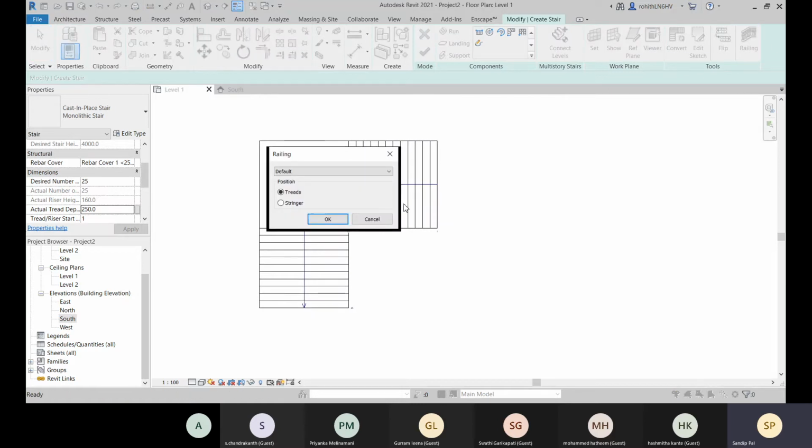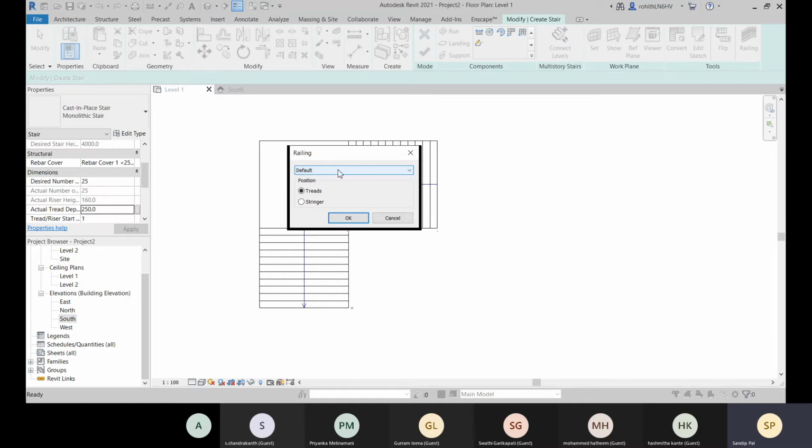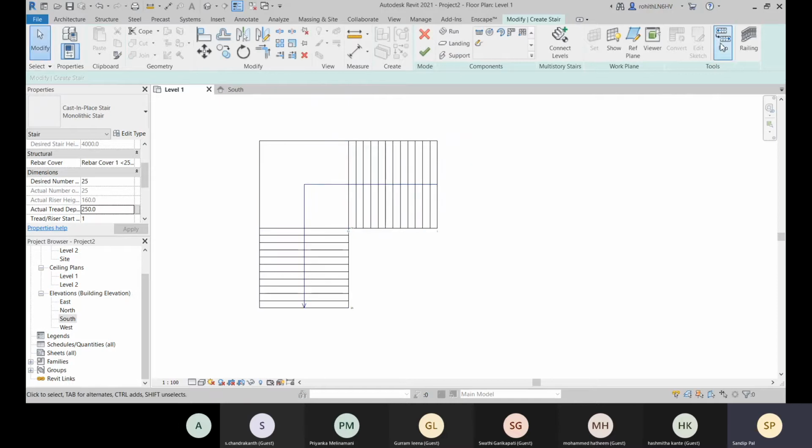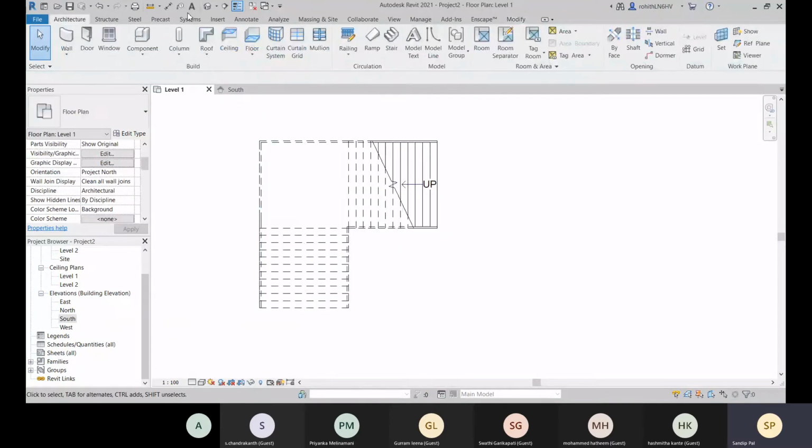And what will be the railing type that you can define? So this is the default profile of railing selected, and where it will be placed on treads. Let's go with that default. We will see later how we can change it. Let's go on the finish mode, and let's come to 3D.